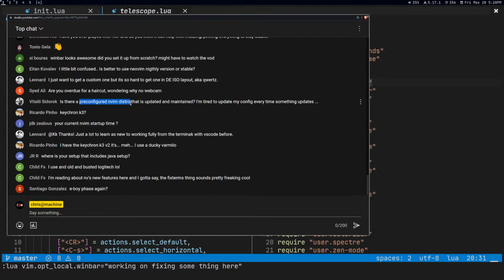Is there a pre-configured Neovim distro that is updated and maintained? That's what LunarVim hopes to be. It might fall short, but